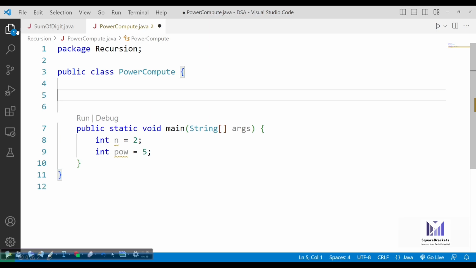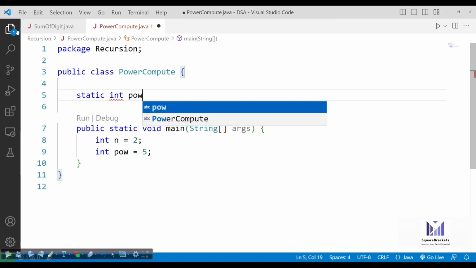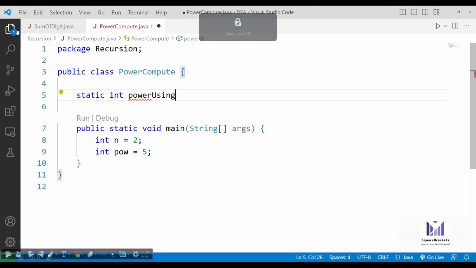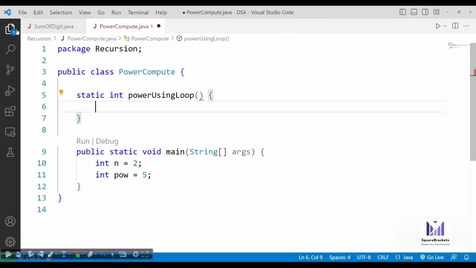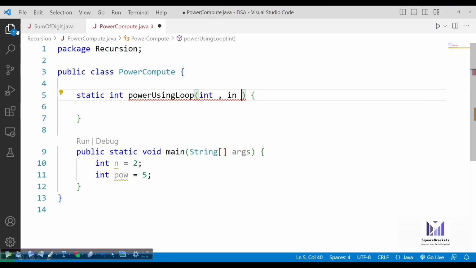First, we will execute the same program using a loop: static int power using loop. So this is the loop version. And now we are going to pass these two things, n, comma, power.